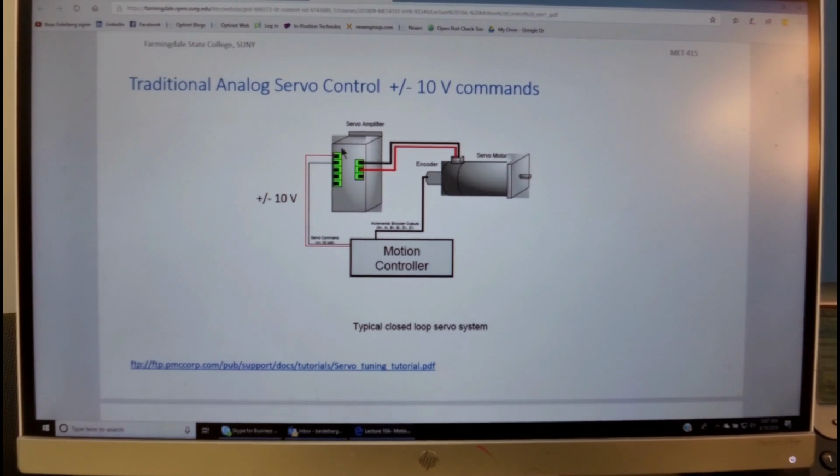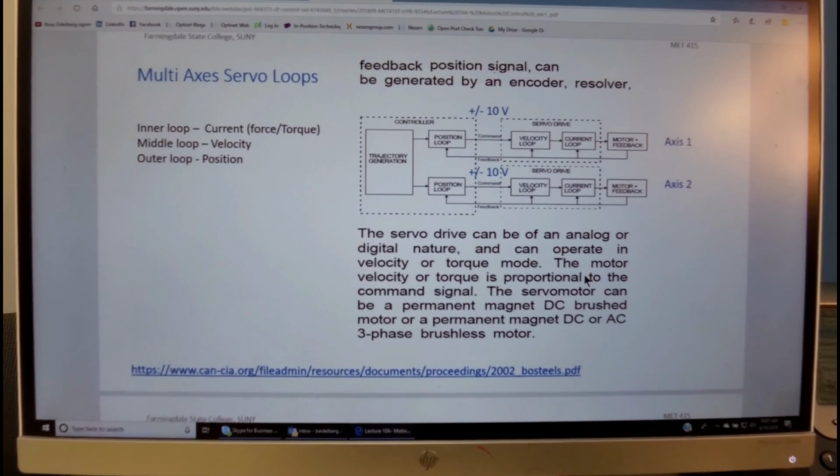Then the servo amplifier takes the 10 volts and amplifies that to high power into the motor, and the encoder at the back of the motor, which senses the position of the rotor, is being fed back to the motion controller. So that's the closed loop servo system, very typical.